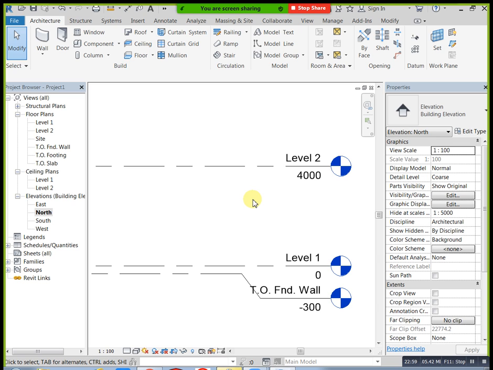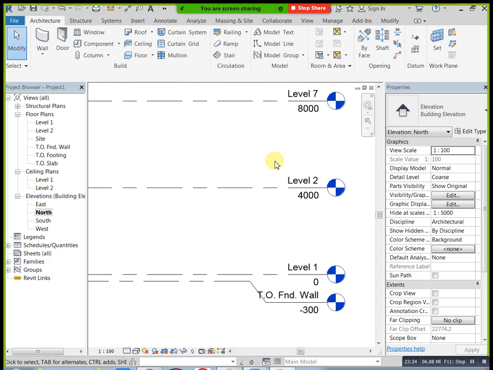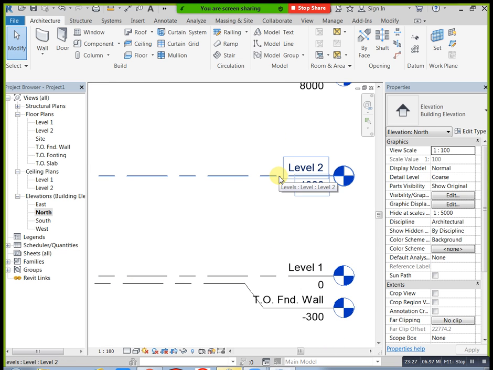Sometimes your door is not available, and in that type of situation we also need to set our view range. View range means nothing but how much space you need to see above the reference level. For example, this is our reference level, 0 level. Up to level 2 we need to see in this floor, so you mention up to here only. If you need extra, you can mention extra, that's not a problem, but in most situations we need up to here only, for ceiling checking or other services purposes. View range means nothing but visibility. Based on the reference level, however much height you need to see, you can mention in your view range. If you need to see below, you can mention a negative view value.